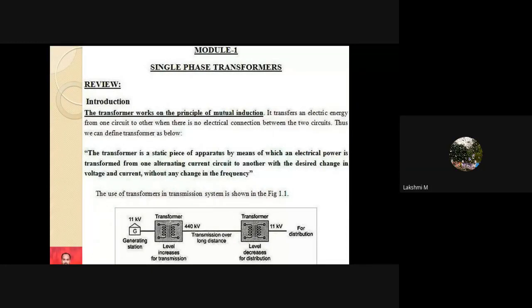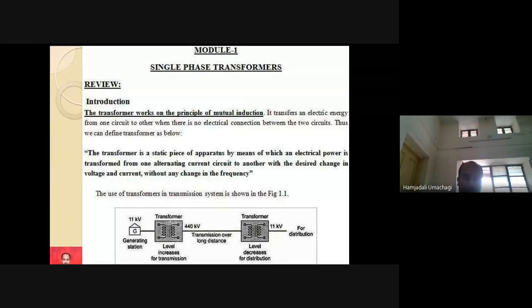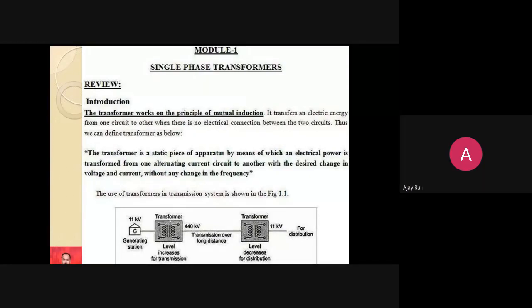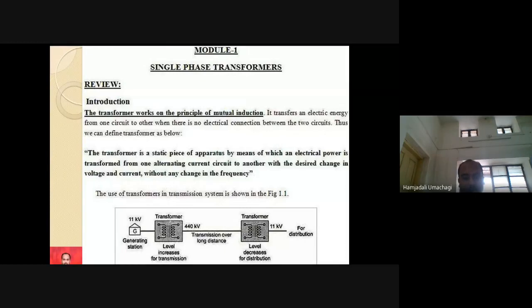Transmission is taking electricity from one place to another. Suppose you have Almaty power station. From the Almaty generating power station, after generating the power, if you want to receive the same power from Almaty to Bijapur, then what do you have to do? Can you use the same power generated at Almaty in Bijapur? No. There should be some signal conditioning in between, yes or no? That conditioning will be taken care of by your transformer, right?